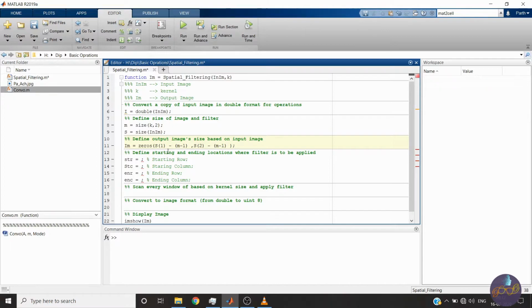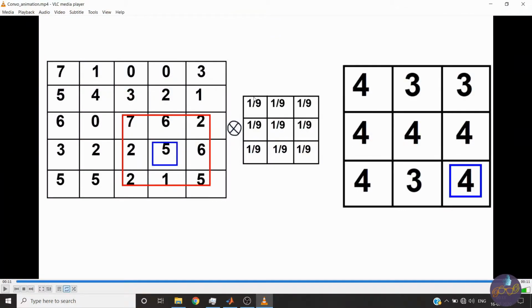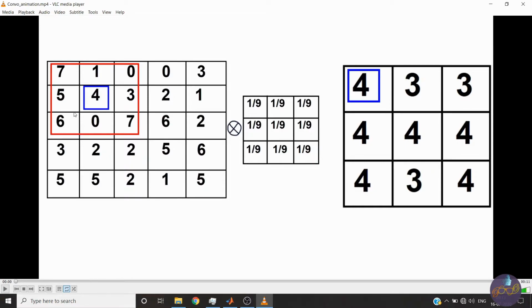Now, as I stated earlier, we have to select our starting and ending locations. If it is a 3 cross 3 filter, let me show you the animation once again. Suppose the filter is in the first location, then this is our starting pixel, which is 2 cross 2.